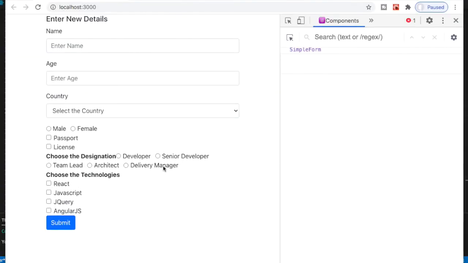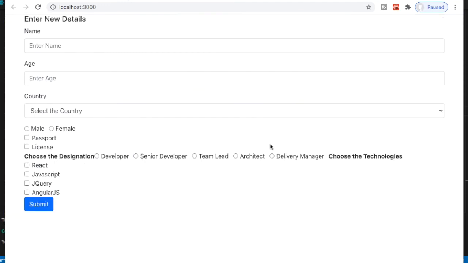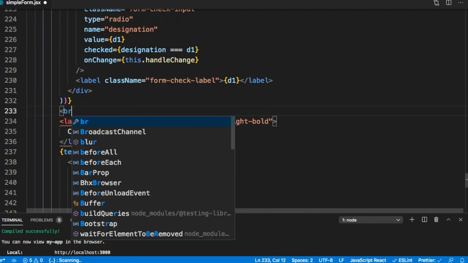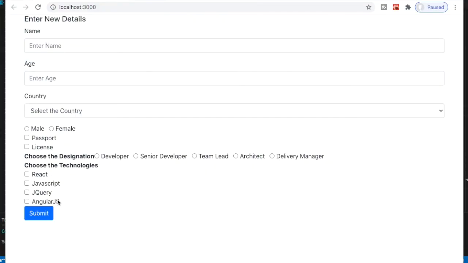This looks perfectly fine. There should be a BR here, so we could have put in a BR. So this is looking perfectly fine. So we have done all those changes that we were looking for.